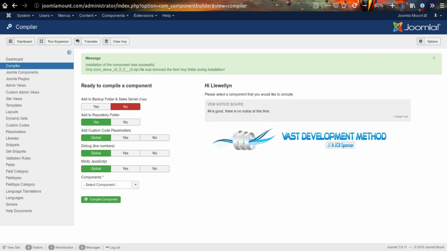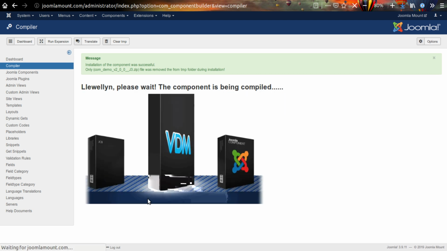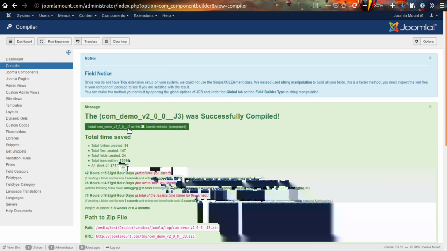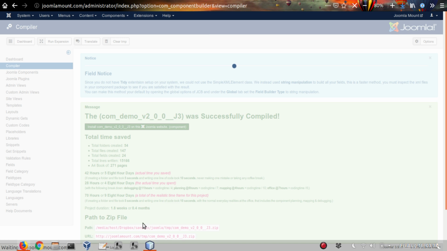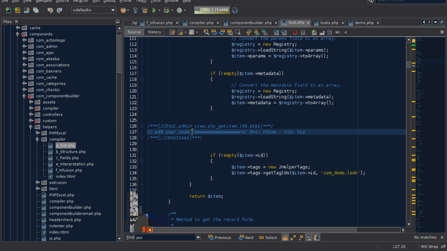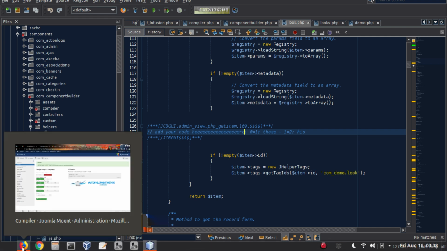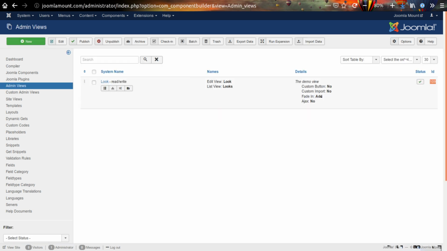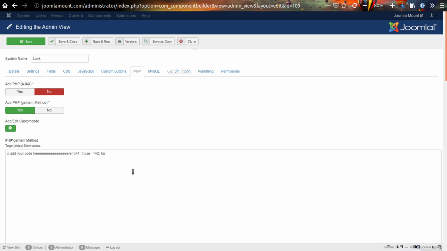Obviously we go to the compiler, and let's add the custom placeholders back again, but we'll just do a normal compiling. And then this time JCB is scraping those changes back into itself, and so when we install it and we go back to the compiler, we see that it added those E's back, and everything looks just, oh, it updated it and it looks the way it should be. Okay, whereas if we open the actual admin view, we'll see that it removed the custom code placeholder and